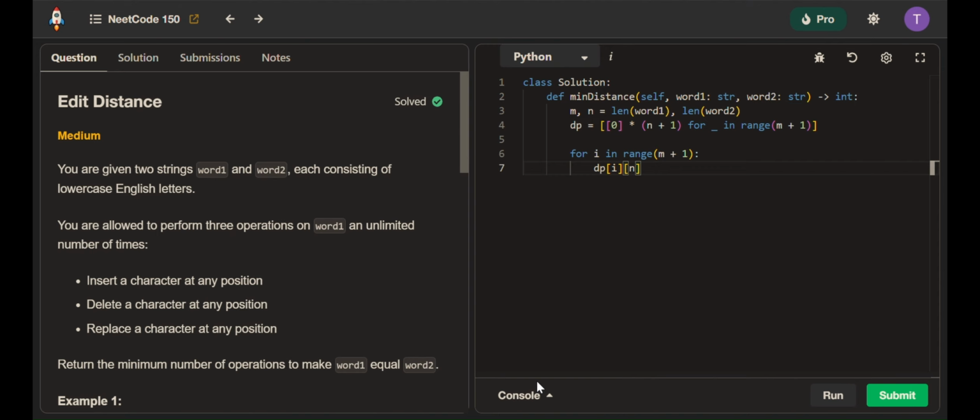So I will set it basically to be the n every time, and this is going to be equal to the len of the word 1. So it's going to be m minus I, and I will do the same thing for the column. So I will say for g in the range of n plus 1,